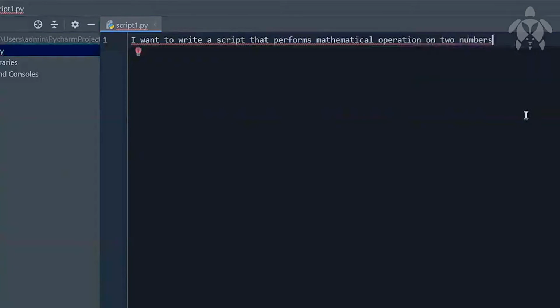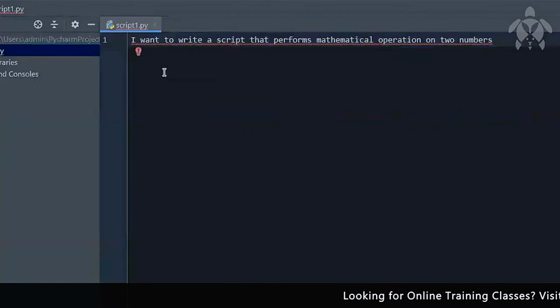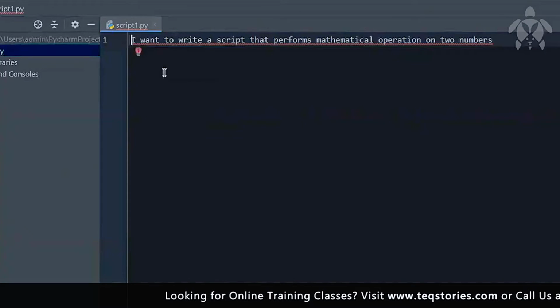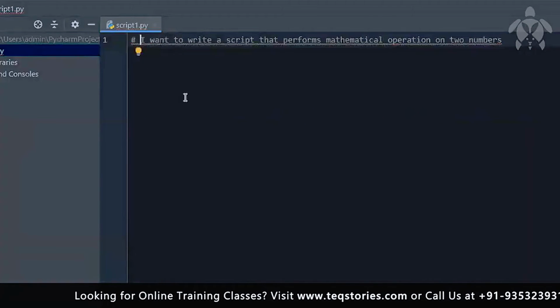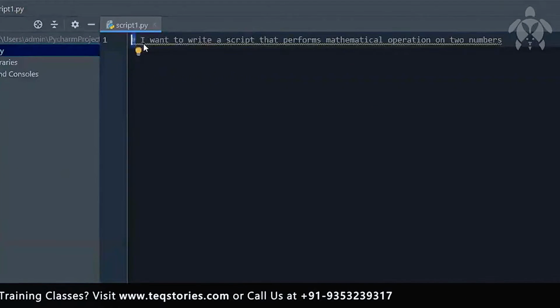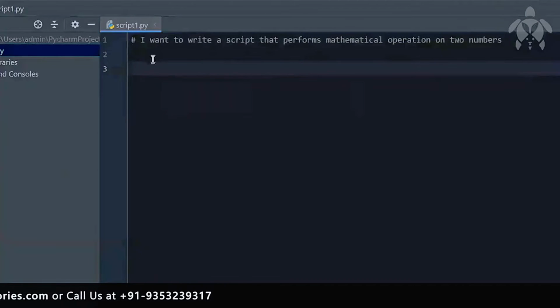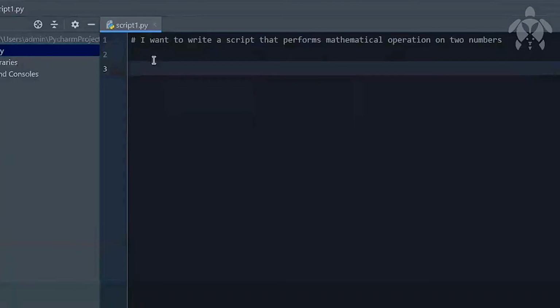Now this is not Python code, right? This is just English, isn't it? Typically when do you want to write down English? When you want to describe what you're trying to do below it. If you describe that, it has to be started with a hash symbol. If you do so, then Python will ignore this line. So this hash, when we add it and write something, we call this thing a comment. So a comment is written with a hash. Using hash, you can write down a lot of lines, so you can explain the story of what you're trying to do in this particular code. That is why we have this hash.